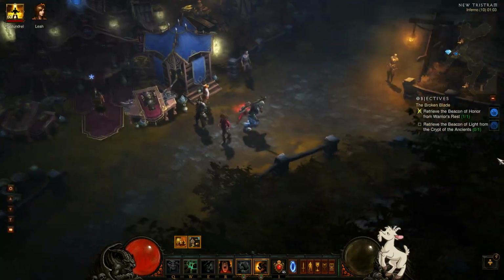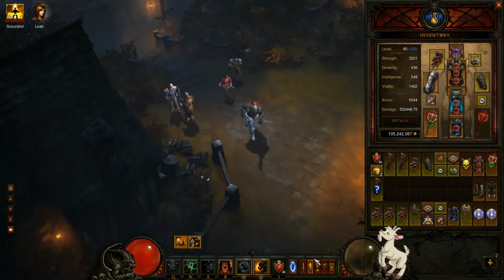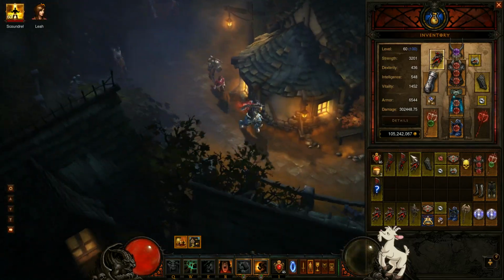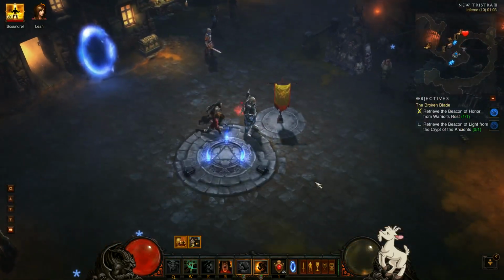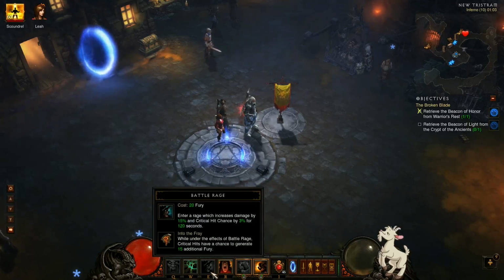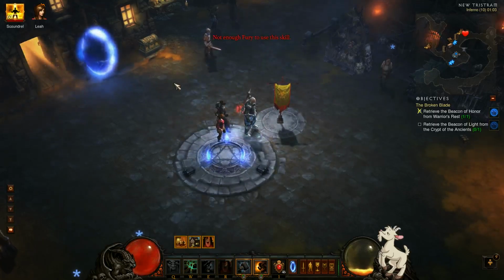So basically, when you join the game, you TP in and you kill him. Now I'm going to show you the skills that I use. When you first join the game, you just pop Battle Rage, then Warcry, then Battle Rage, Fury. You go through the portal